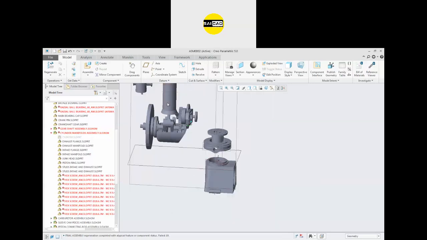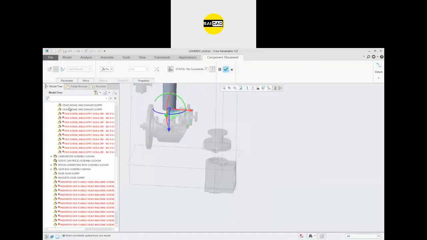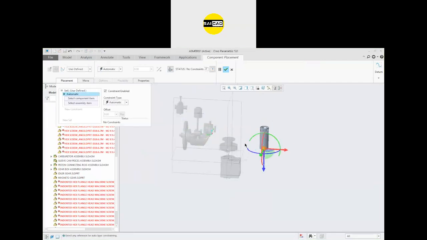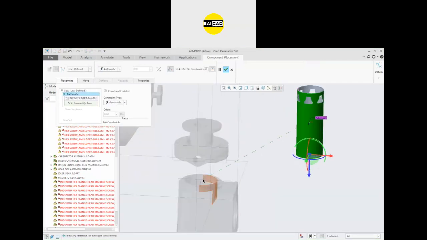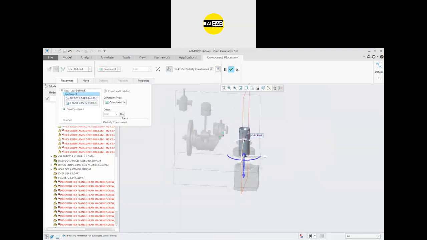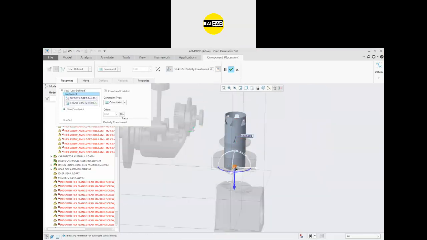Next, edit this one, delete the relation, and add the component from here to here. Confirm the reference. So this component can move up and down.